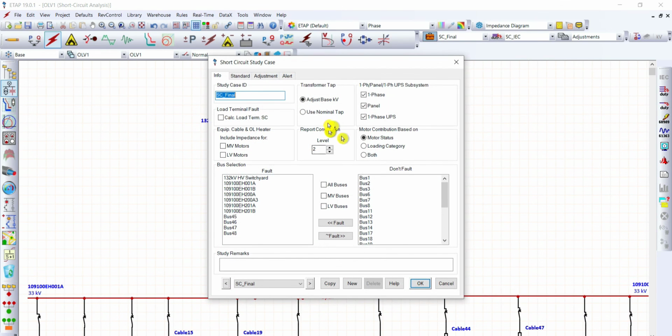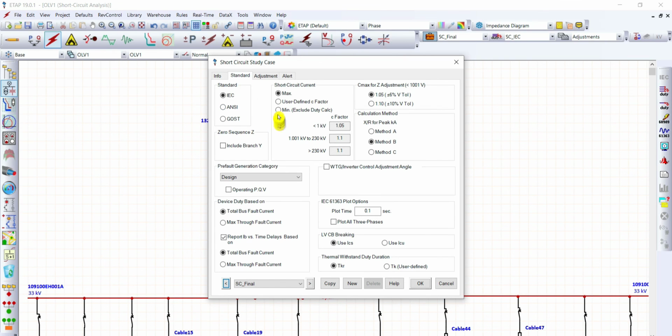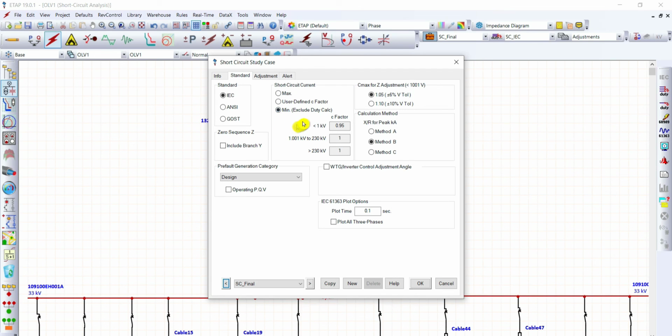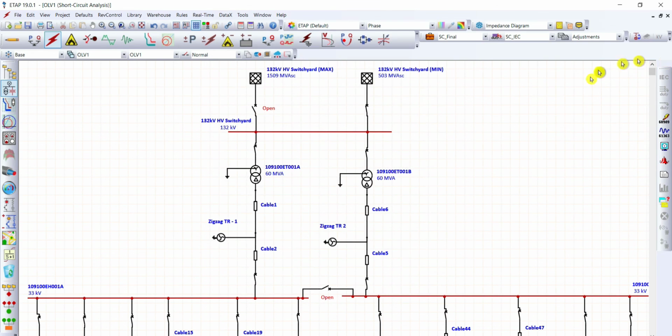Going to the standard. Now for the short circuit current from here, we're going to select the minimum, meaning this is excluding duty calculation. The purpose for this one is we'll just calculate the short circuit because we're going to use these values for our relay settings. So let's click OK on this. See here, the duty is off. So you cannot simulate the three-phase device duty from here. You can simulate only directly from here. Run LG, line to ground, line to line, and three-phase fault from here. Okay, by clicking this one,